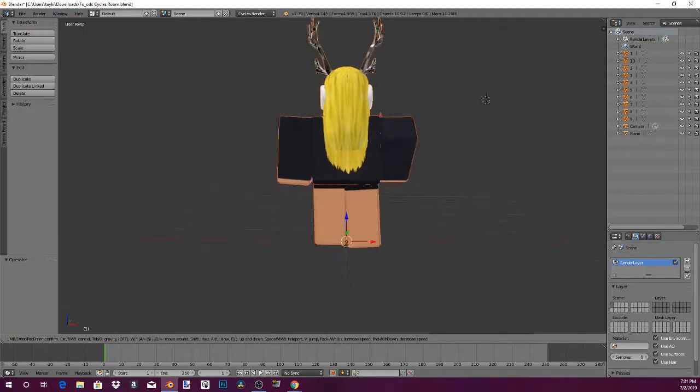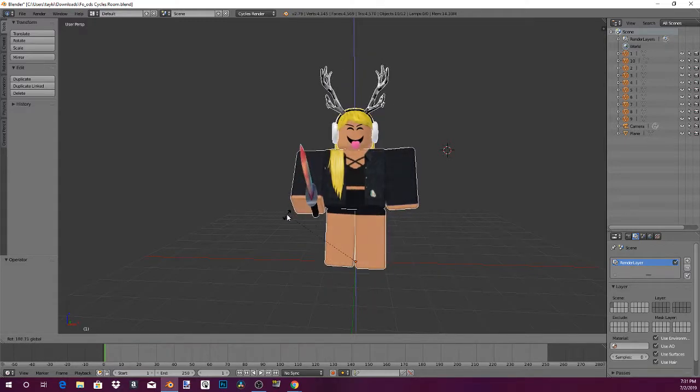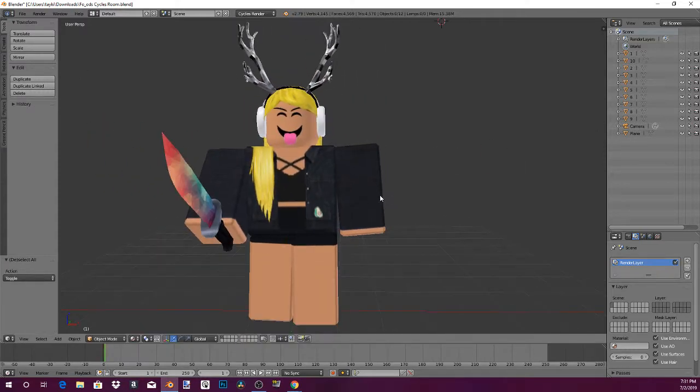Now you're gonna spawn it in. Now, if you guys don't know how to use Blender, you rotate with this. You can move with this. I don't know what this does. We're not gonna try it. Anyways, what we're gonna do is we're gonna right click on the body part and make sure it's highlighted